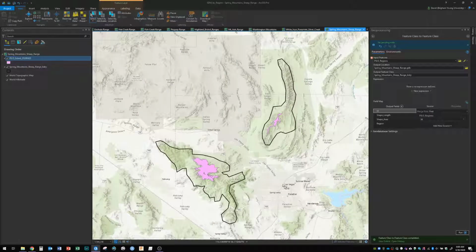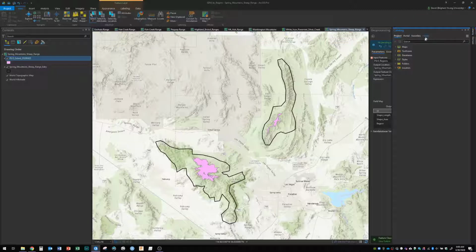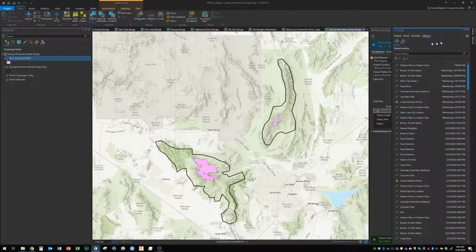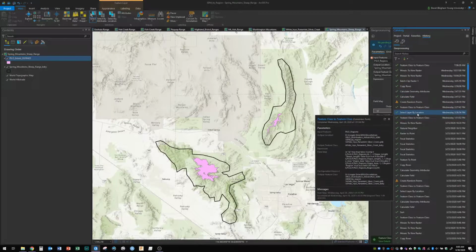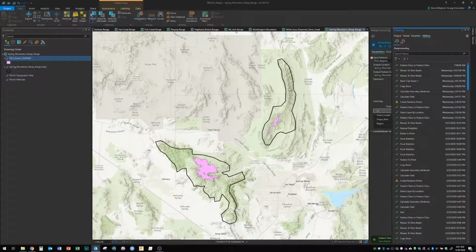So that is what we're left with. So we want to, and I always cheat and go to previous geoprocessing tasks that I've done, and I just change the inputs and the outputs, just to make sure that I have the settings. So I need to select all of the bristlecone polygons that are within